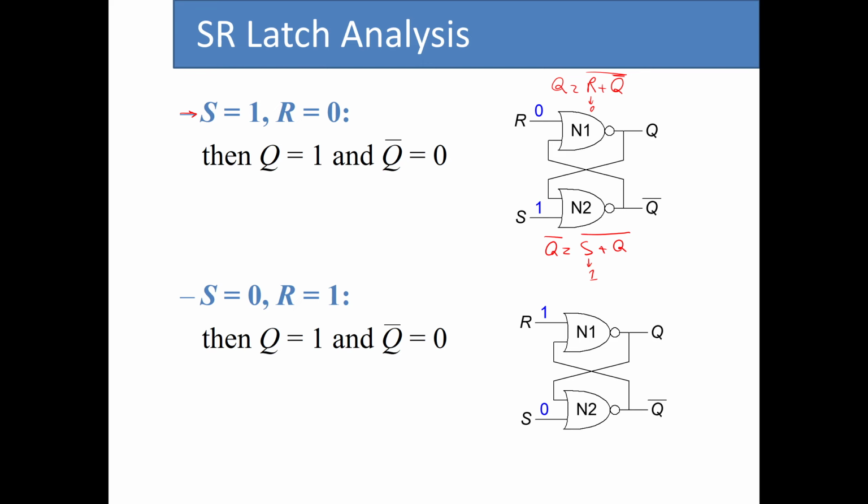So because of that, the value for Q does not matter for us in order to calculate the output of N2. So since that is the case, we start from the output of N2. Because the output of N1, depending on the value of Q bar, can be either 0 or 1. But the output of N2, since one of its inputs is 1, is going to be always